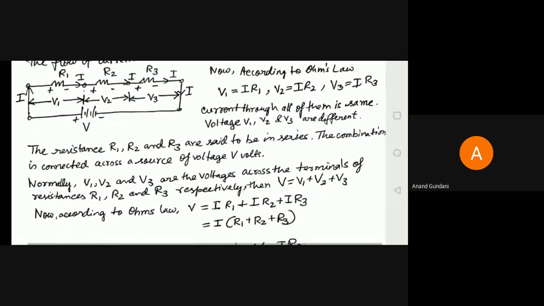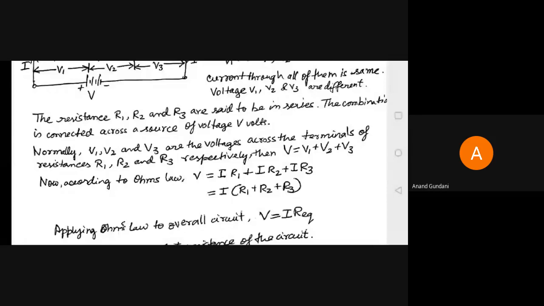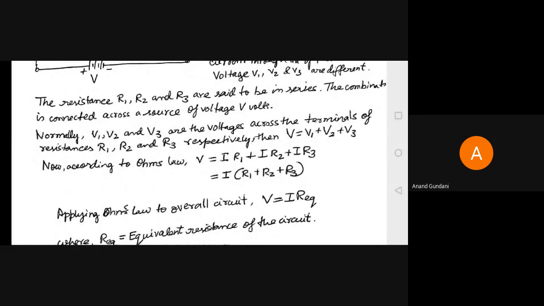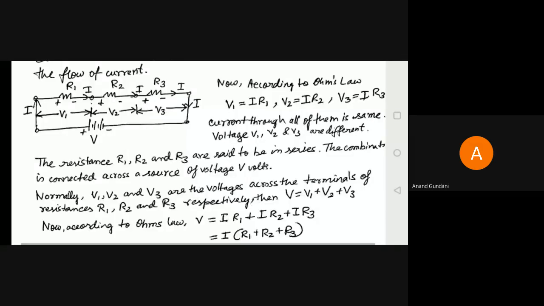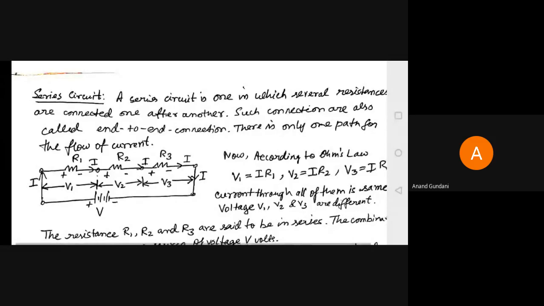Okay. So, moving to this part, according to Ohm's law, capital V equals IR1 plus IR2 plus IR3. Since we are taking the summation, the equivalent resistance actually becomes the summation. So in a series circuit, we get the equivalent resistance by adding up R1 plus R2 plus R3, and we get the series resistance. You see, R1, R2, R3 are in series, a back to back connection, an end to end connection.